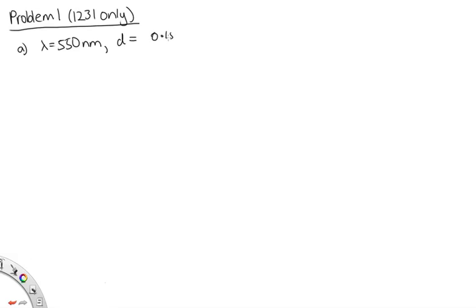Problem 1. This is a 1231 only problem. Part A of this question asks how many complete fringes appear between the first minima of the fringe envelope on either side of the central maximum for a double slit pattern if lambda is equal to 550 nanometers, d, which is the spacing between the slits, is equal to 0.150 millimeters, and a, which is the slit width, is equal to